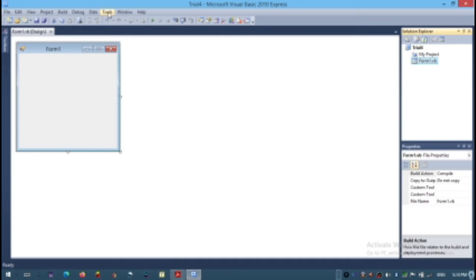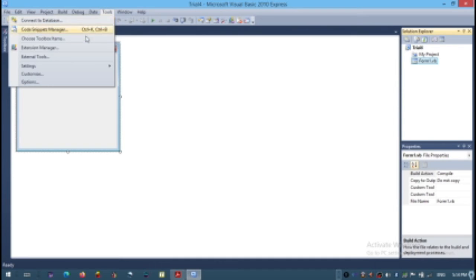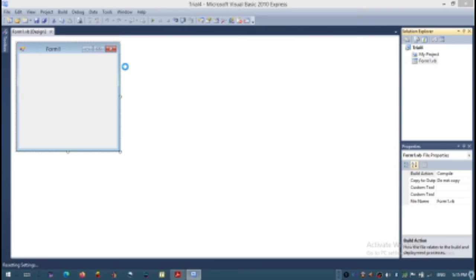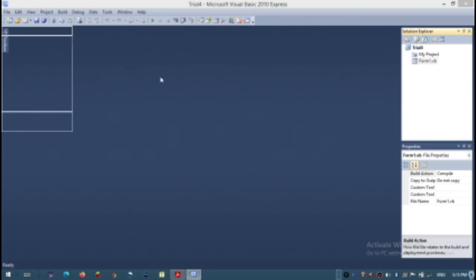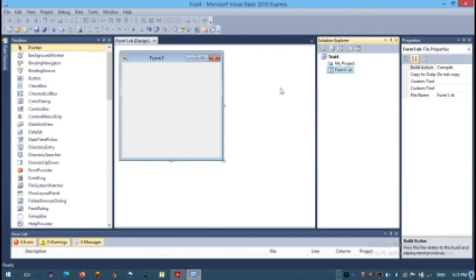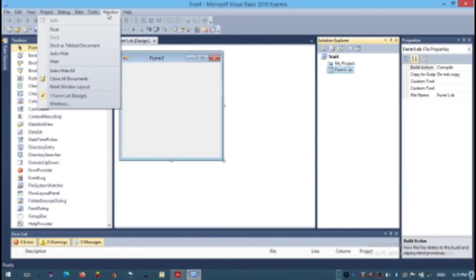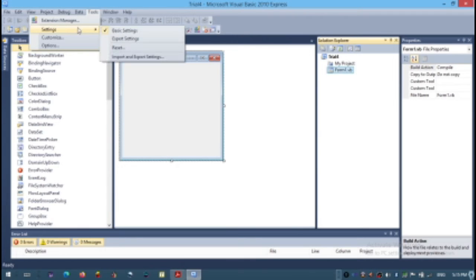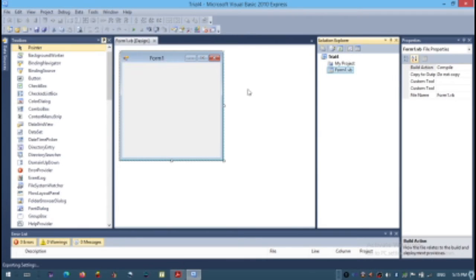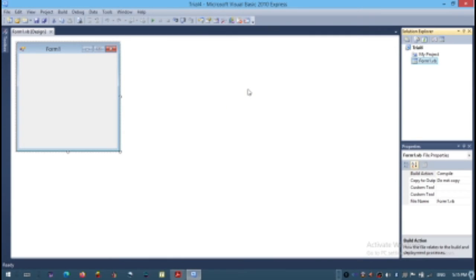We can change the layout using the Tools menu. We can go to settings, and there are two types of layouts, basic settings and expert settings. If you use basic settings, we get more windows, whereas if you go for expert settings, fewer windows are opened. These are the two default layout systems given by Microsoft Visual Basic 2010.